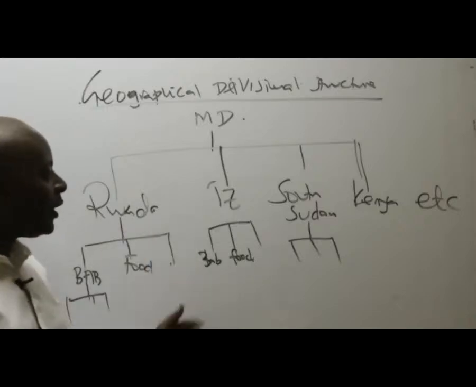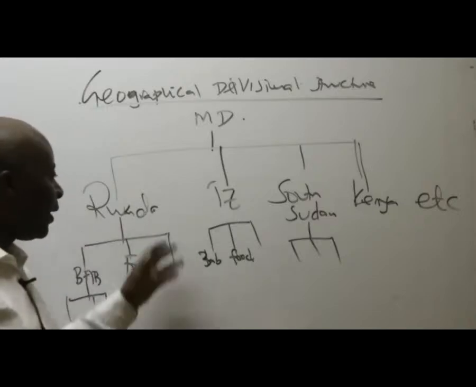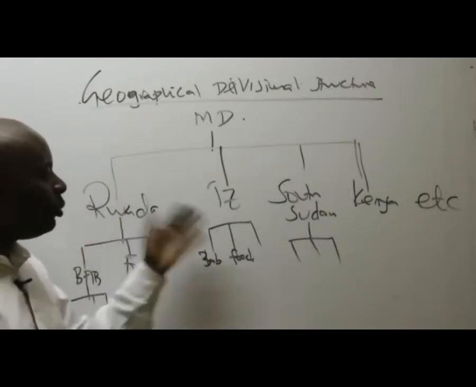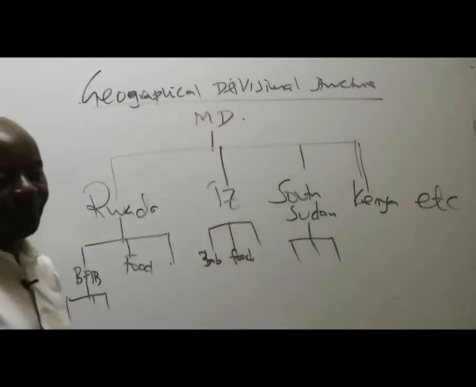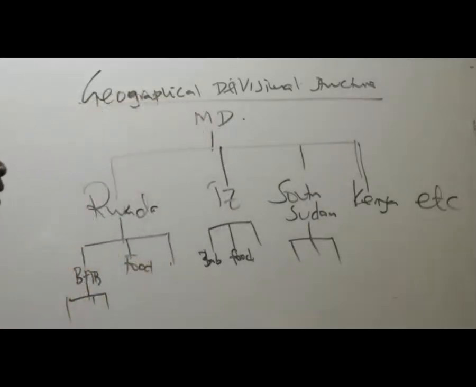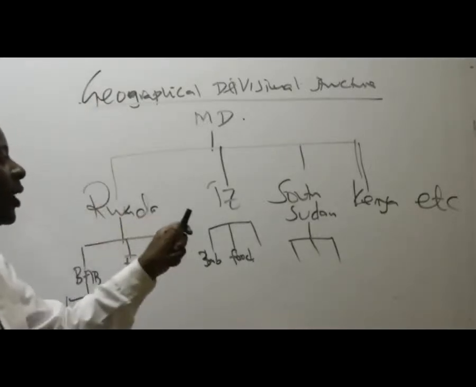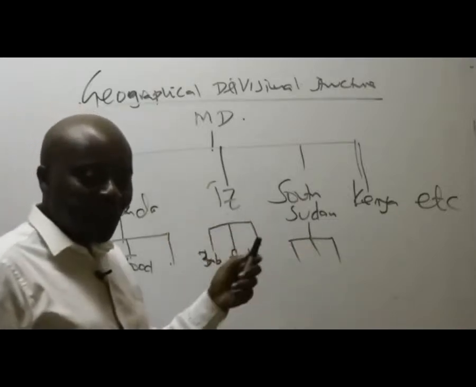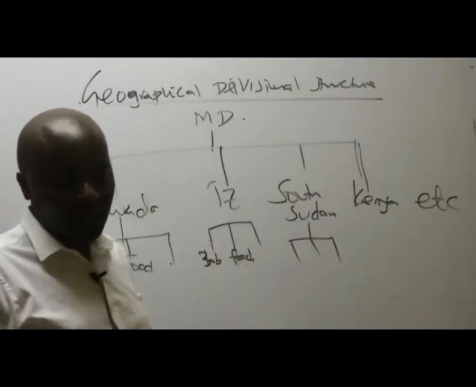So then the biggest advantage here for Mamba at the end of the day is that the regional managers now will be accountable for their revenue. They'll be accountable for their expenses. At the end of the day, we expect each region to boost our overall profitability. Right? It's not a joke. You know, for serious organizations, ladies and gentlemen, like somebody is talking about Equity Bank, these guys are quite serious with their responsibilities. When they give you a regional management role, you must really sweat it out, right?